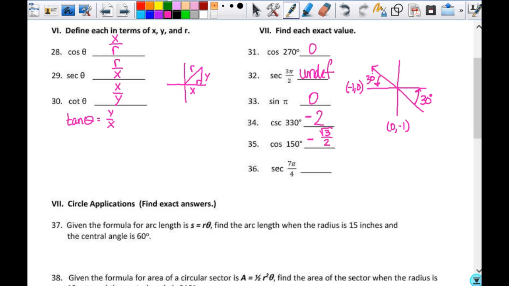Secant of 7 pi fourths, right? So this is another one. Here, I'm going to draw a separate one for this. There's too much on there. So 7 pi fourths is almost 8 pi fourths. 8 pi fourths is 2 pi. So 7 pi fourths has a reference angle of pi fourths, because that's how much more I need to get to